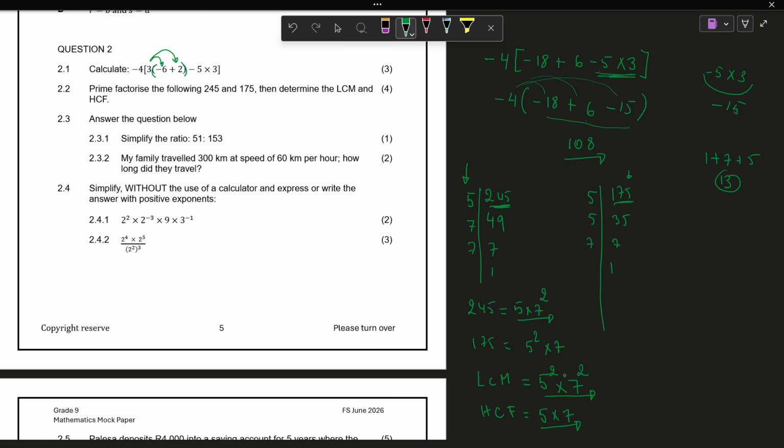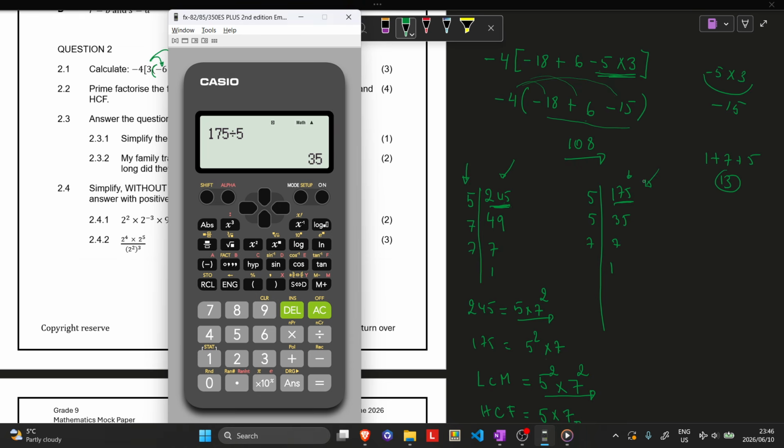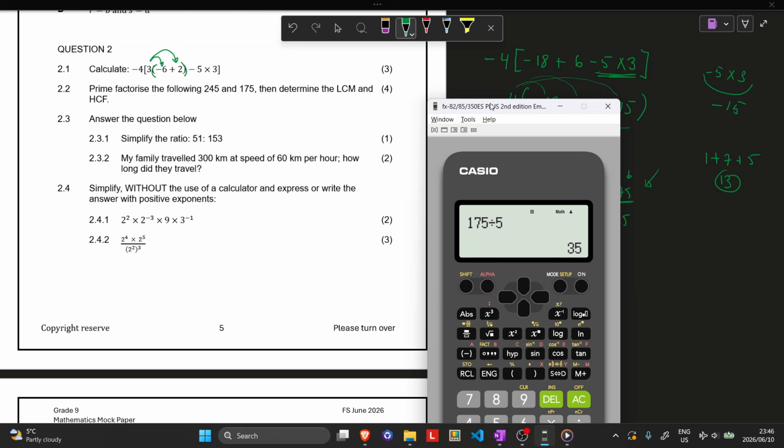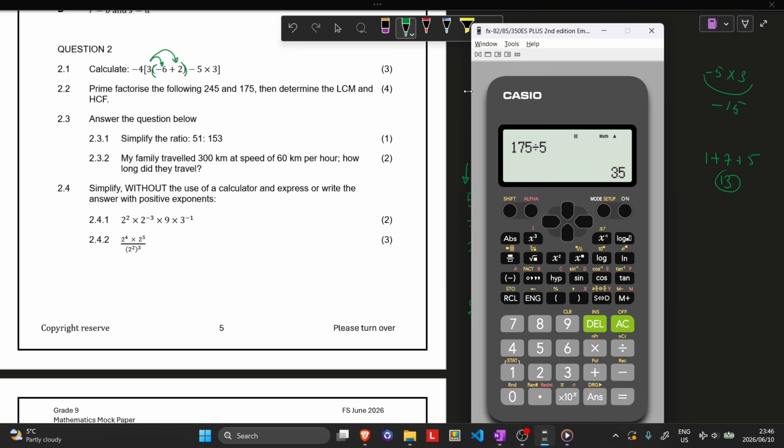Okay, but we could have spent less time to find this using the calculator. So I'd like to show you another way. If it's very tedious for you to do this factoring manually because your times table is a bit poor, in that case you can just use the calculator. I'm going to take the calculator here. So if I'm asked to find this,